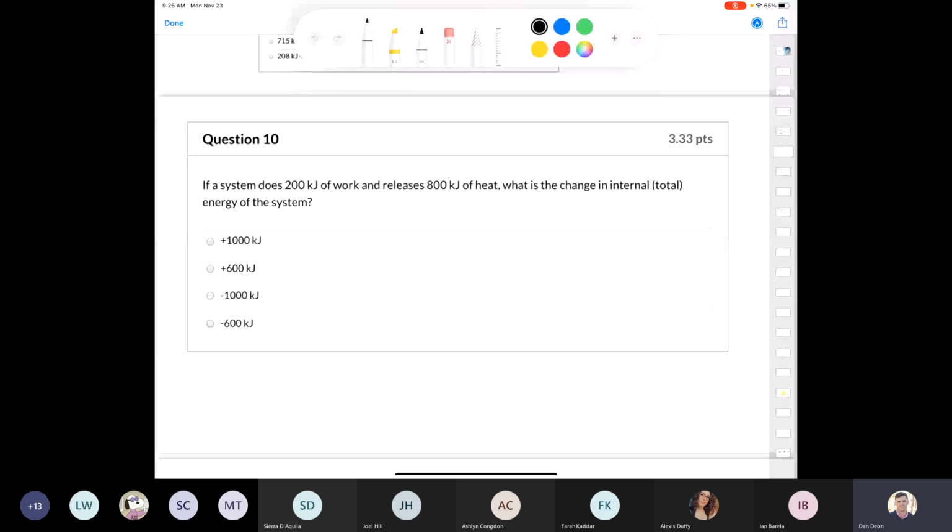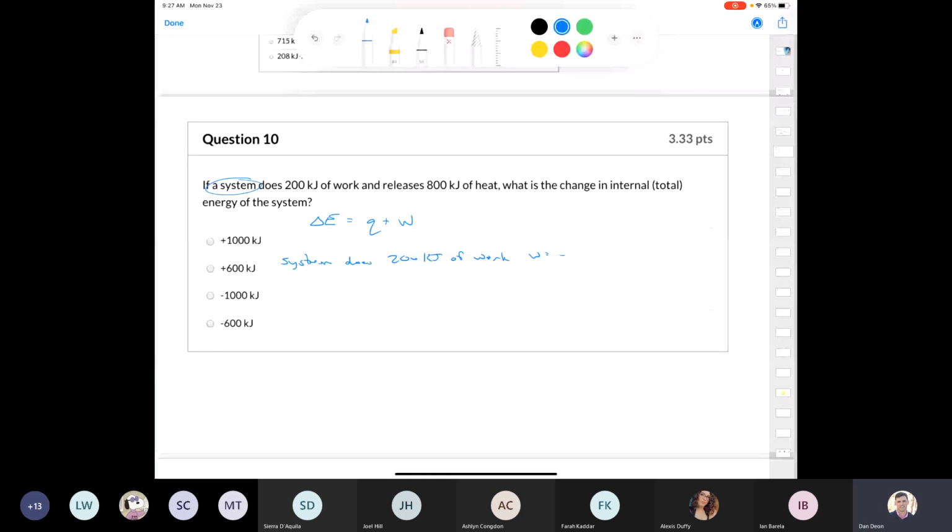So question 10, if a system does 200 kilojoules of work and releases 800 kilojoules of heat, what is the change in internal energy for the system? So delta E, you'll remember, is equal to heat, Q, plus work, W. And since we're looking at this from the point of view of the system, if the system does 200 kilojoules of work, that means that our W is going to be negative,